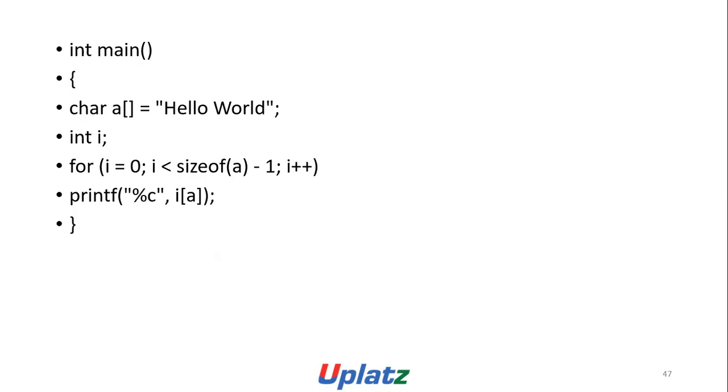int main() { char a[] = "hello world"; int i; for (i = 0; i < sizeof(a) - 1; i++) printf("%c", a[i]); }